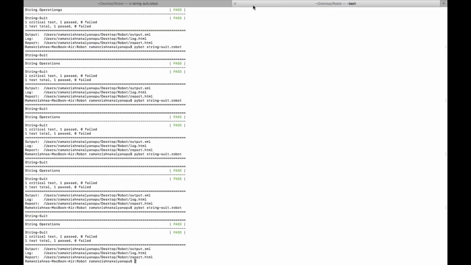First, it will validate whether it is a string. If it is a string, it will print and convert to lowercase. Again, your value should be lowercase, and convert to uppercase should be uppercase. We are validating. I'm saving it